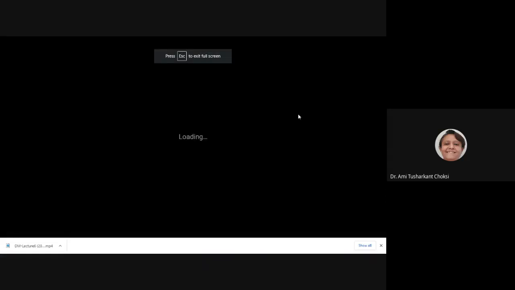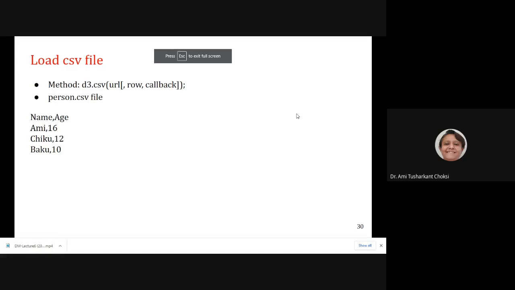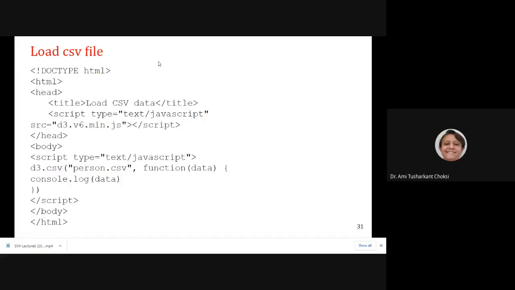Let's proceed. To load the CSV file, we should have script type equal to text/javascript, source equal to d3.v6.min.js. This was the latest version which we have downloaded, right? That is its JavaScript file.